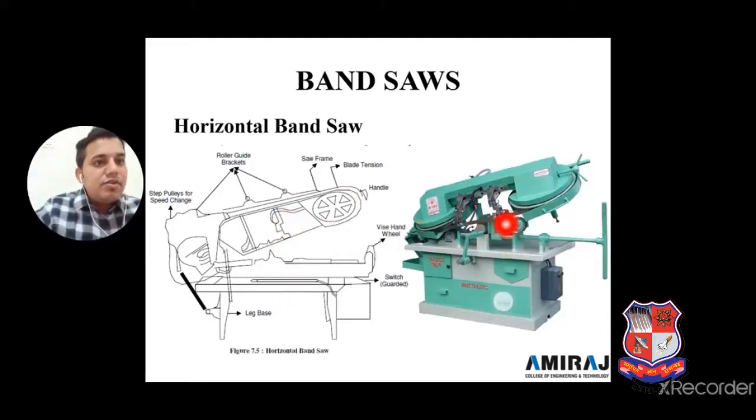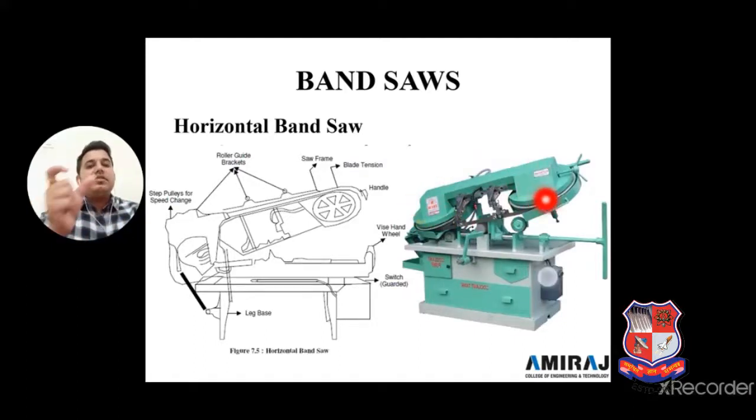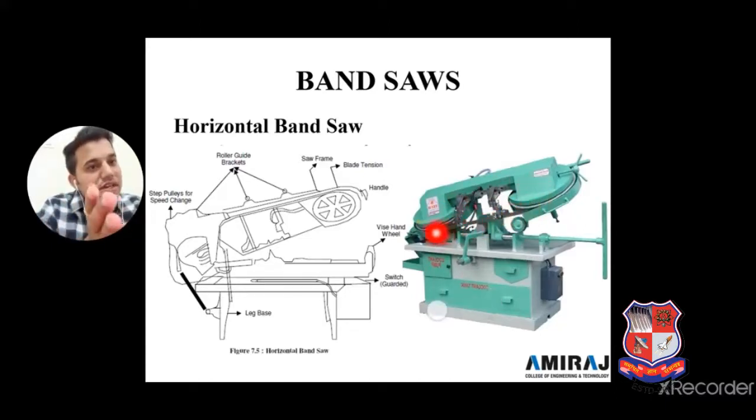So you can observe here, this is the first category, the reciprocating type hacksaw. But here, the hacksaw cutter is fixed, and here the cutter is not there. Here the band is there. Band means a rubber band type steel plate, which has a number of threads. Those threads cut the metal, the metal removing process. Okay, so here this is the band, so we can do incline cutting or we can do square cutting.